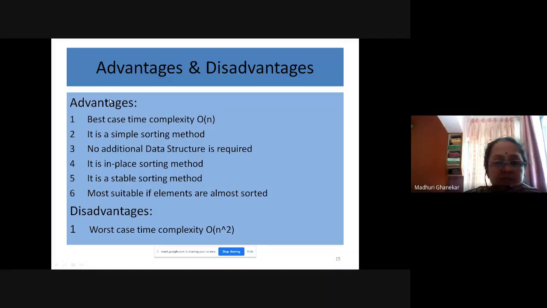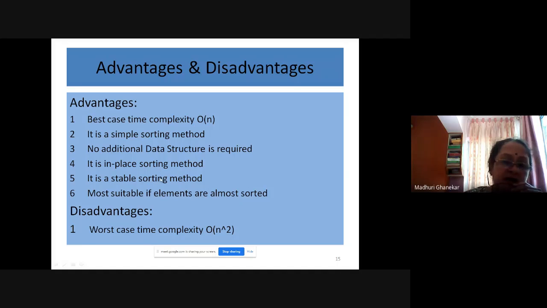Advantages: it is a simple sorting technique. No additional data structure is required. You have observed that inside one array we were making two parts, one sorted and the other unsorted, so no additional data structure is used. It is an in place sorting method. It is a stable sorting method.